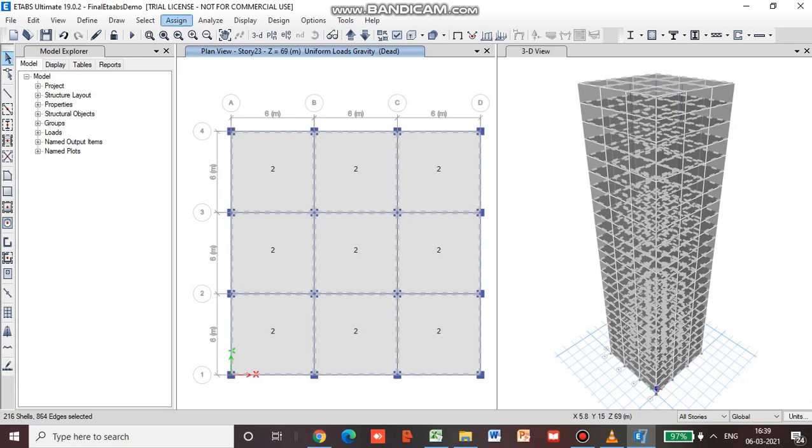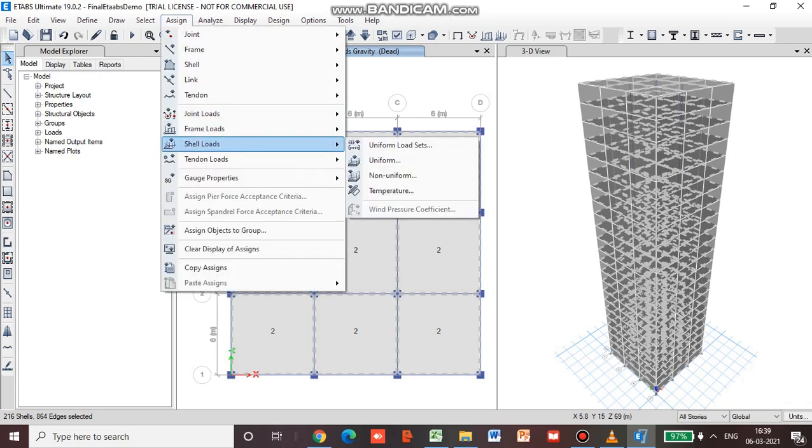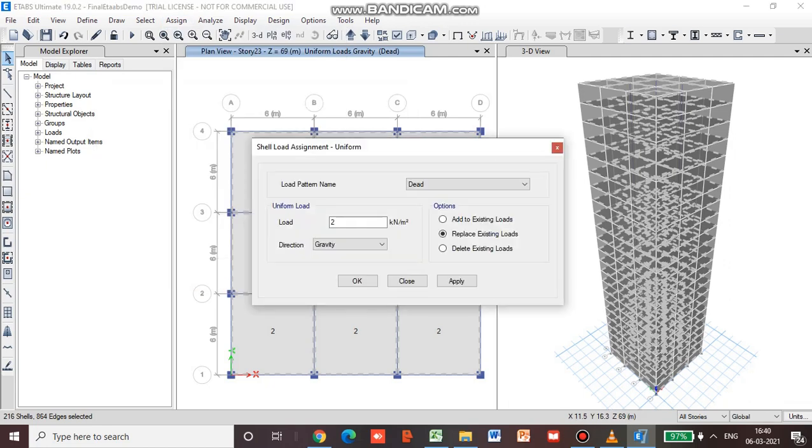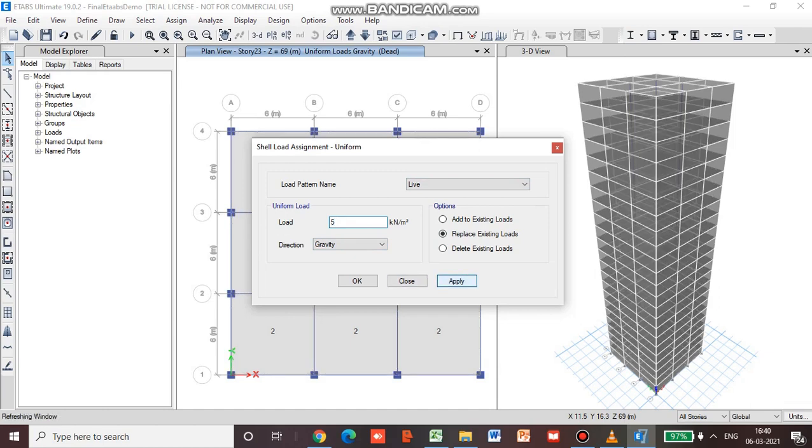Once all the shells are selected, go for the shell loads uniform, and put a load pattern name is live. Go for 5. It is in the direction of gravity, and go for replace existing load. Apply. Okay.